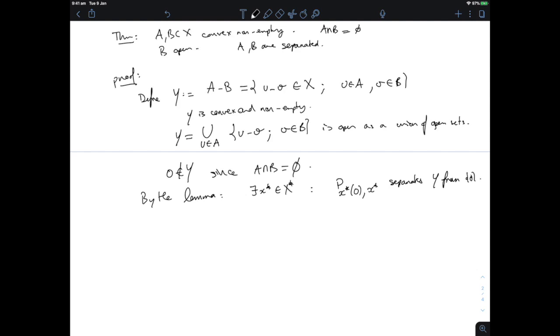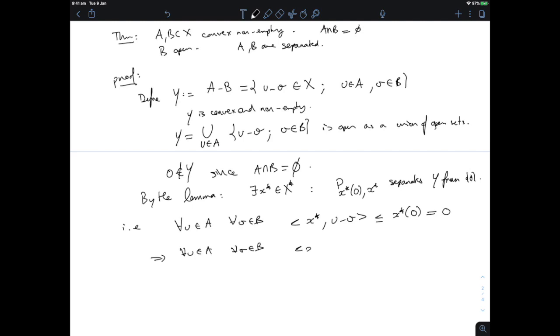But what does that mean? Well, it means that you take any u in A and any v in B to have a generic element of Y, and I have that x star of u minus v has to be smaller or equal than x star of 0, which is 0. And what is that telling me? Well, it's telling me that for all u in A and for all v in B,